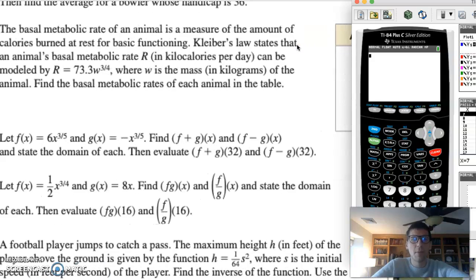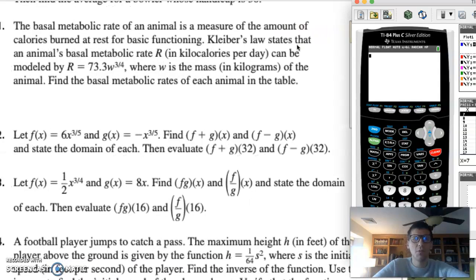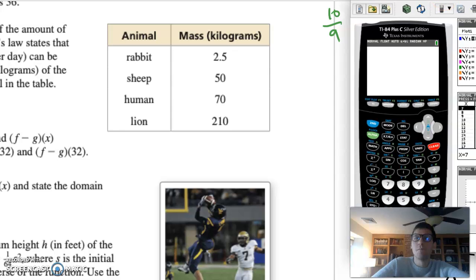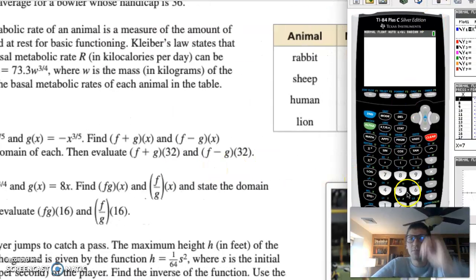So here we've got the mass in kilograms, so I don't think we need to do any unit conversion here. Always good to double check. So we could just say, the one option is we could just go through and do it for each value, 73 point, oh no, it's not letting me